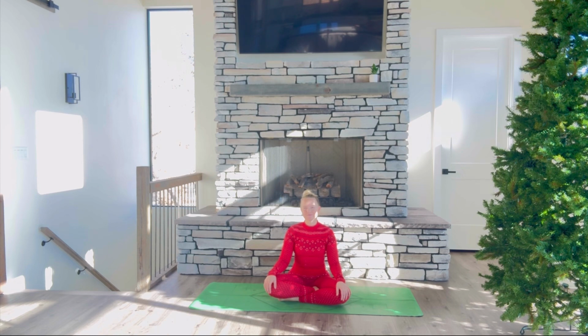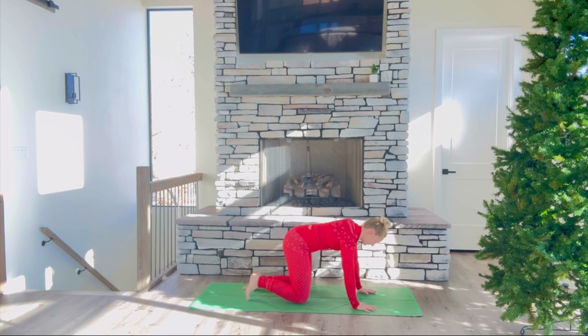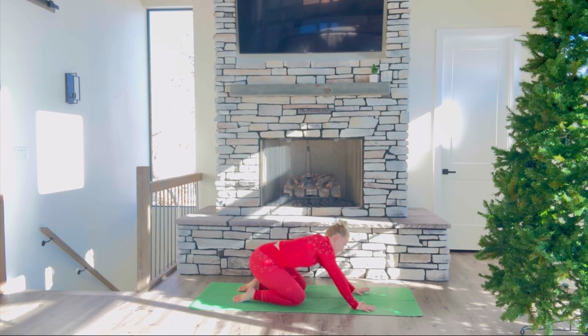So this is a tension release class for your lower back, your legs, and your hips. Let's go ahead and get started. We'll start this class in a hands and knees pose or a tabletop position. So just come onto the hands and knees, untuck your toes, and we'll start by rolling the hips around in